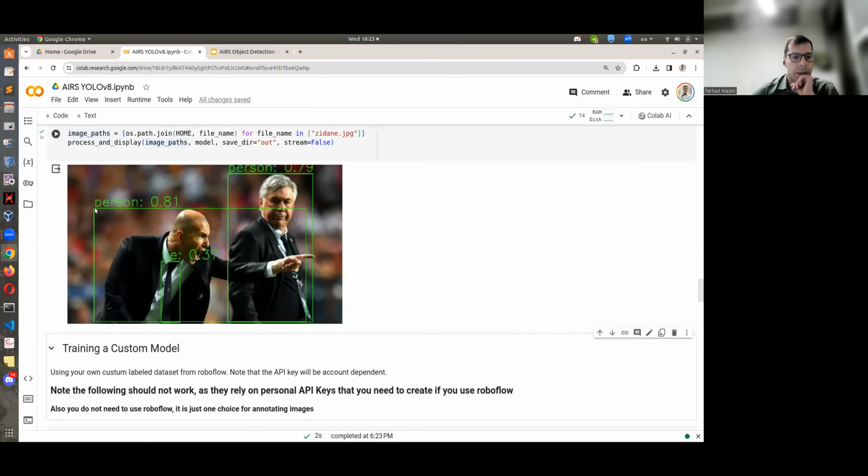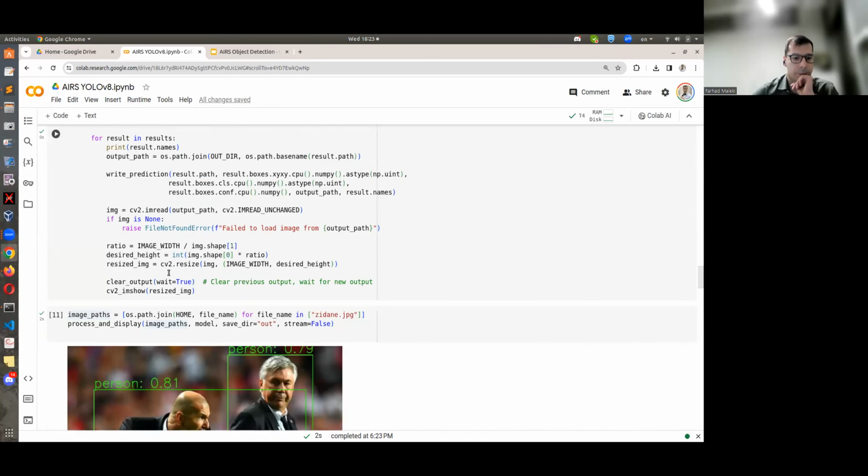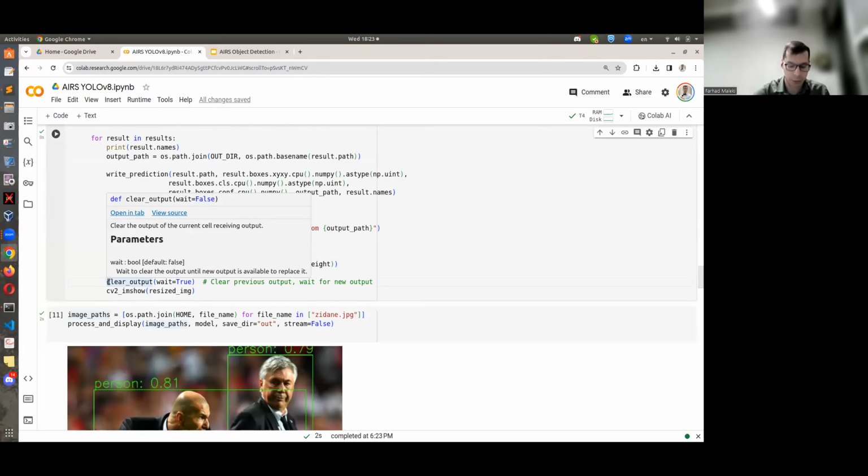You see it for a little while and then it's erased, and the reason is that I have this clear output to clear the previous image. If you have a few images and you want to show them like a movie, frame by frame, and you